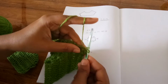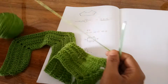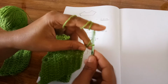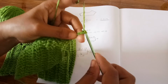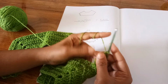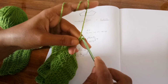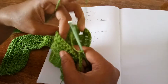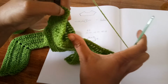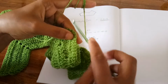so now we are going to create the armhole here. What we have to do is just add 6 or 8 stitches additional, 1 2 3 4 5 6. If it is for child size, then 6 is enough. If it is for an adult size, make 8 or 10, okay. I'm just making 6 here, as it is for a child size I'm making, okay. And what you have to do is leave all the stitches, go to the next corner, okay, and make 2 double crochets here,